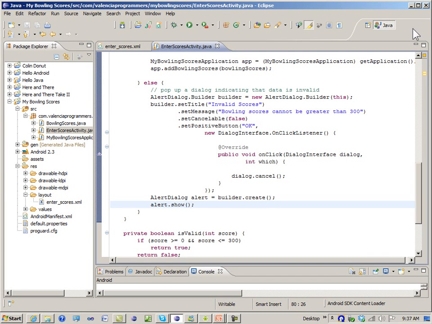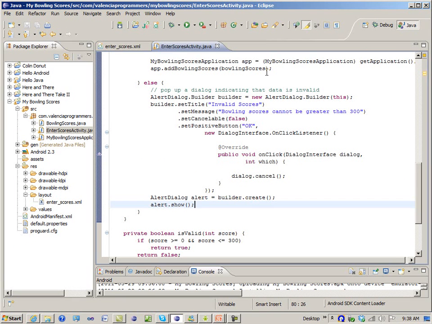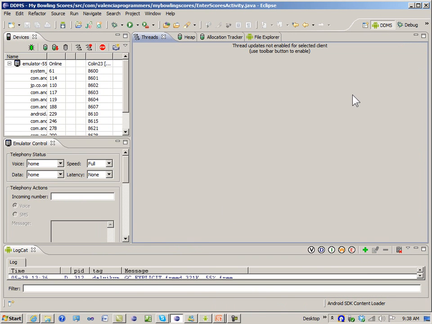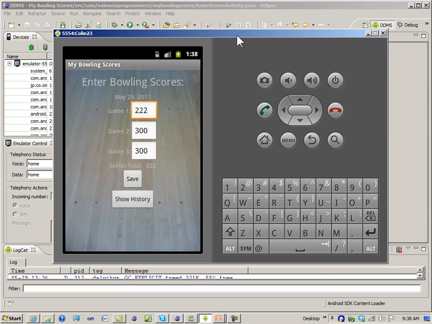Okay, up here I haven't done any debug lately, so you should have a Java perspective, a debug perspective, and under here you can look at other perspectives. I don't know why I didn't have debug. I just haven't used debug since I upgraded to Helios. So I want to look under other, and we should have a DDMS perspective. And here it is. Okay, so I left the machine running out here, the virtual device,